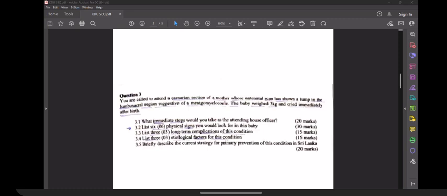You may also write complications of the hydrocephalus and their sequelae as a possibility. So any one of those would be accepted, but weakness, paraparesis has to be mentioned, bladder complications has to be mentioned, neurogenic